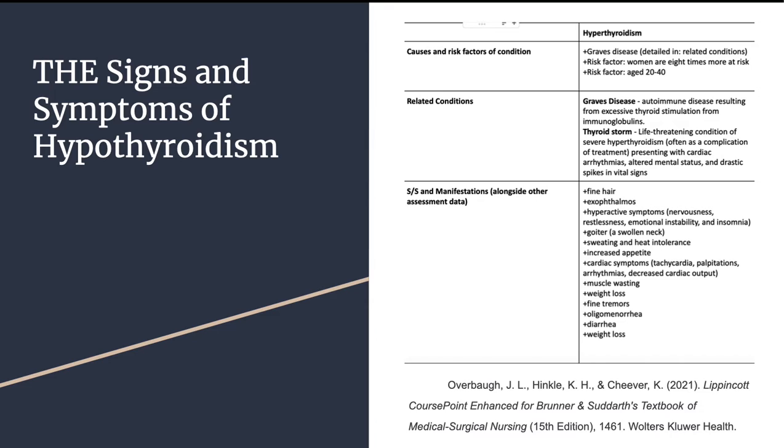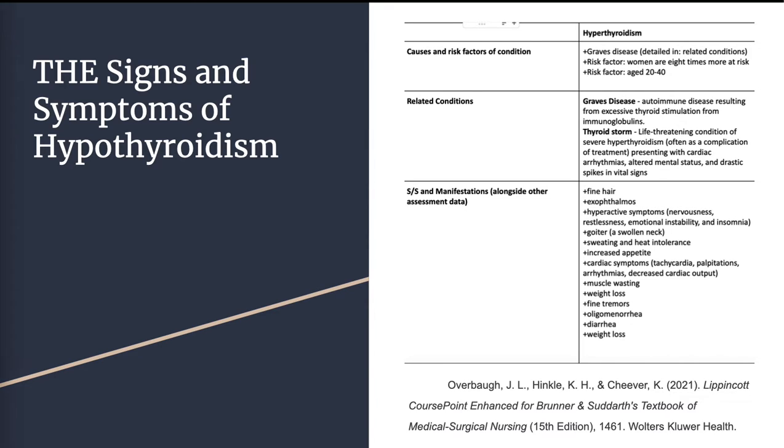These are all, if your metabolism's going really fast, then your body will have a difficult time relaxing. And a lot of these are at least partially related to that. I'm definitely going to be talking a lot more about these as I discuss the interaction between the signs and symptoms and nursing care. This next one is also very important for the nursing plan of care, and that is